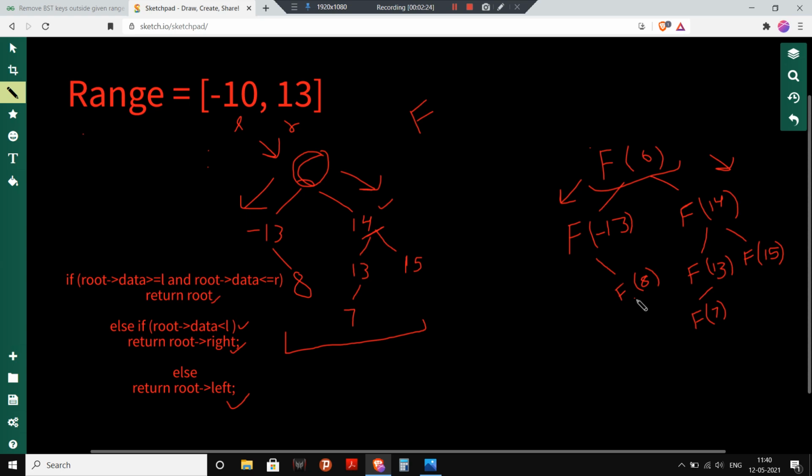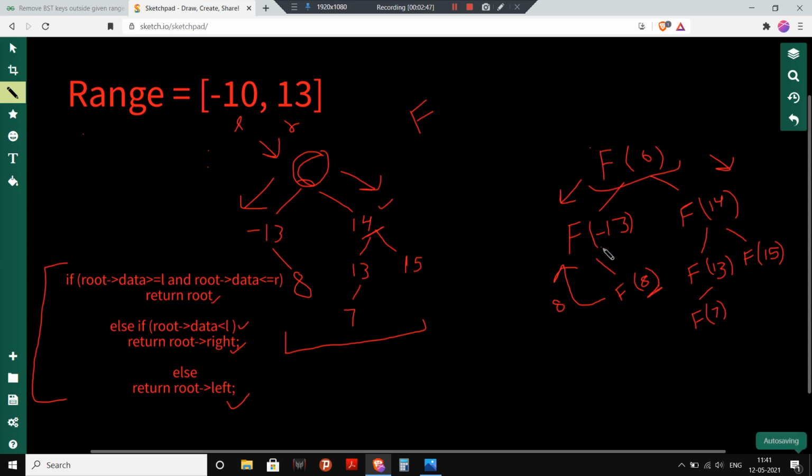Now I am following these rules. If my 8 is greater than or equal to L and less than or equal to R, then I will return this root node, that is, this node with the value 8.